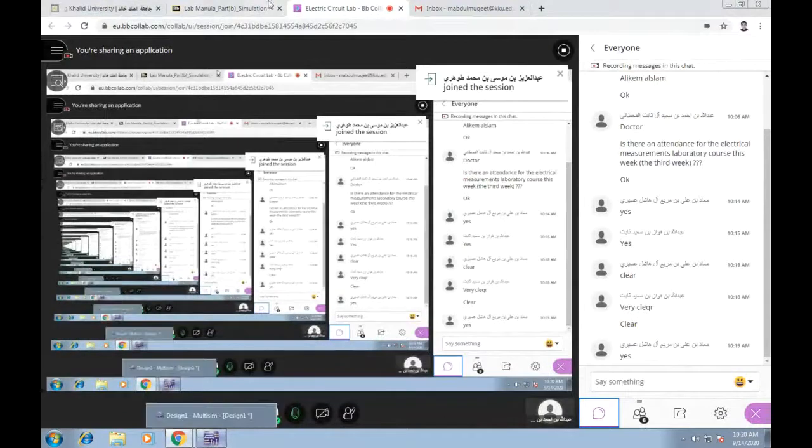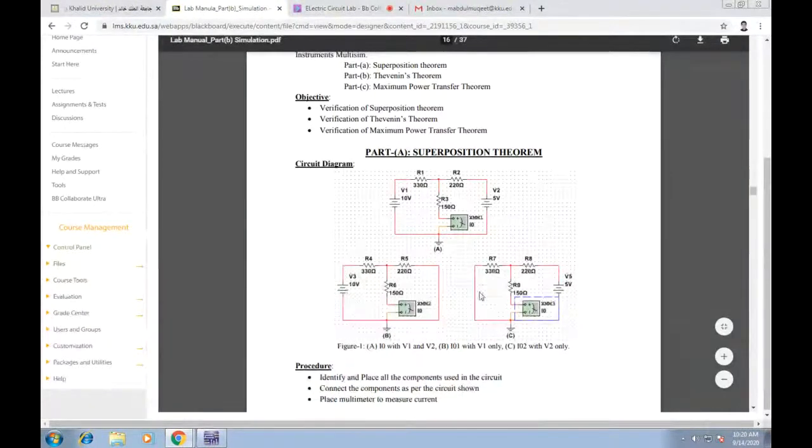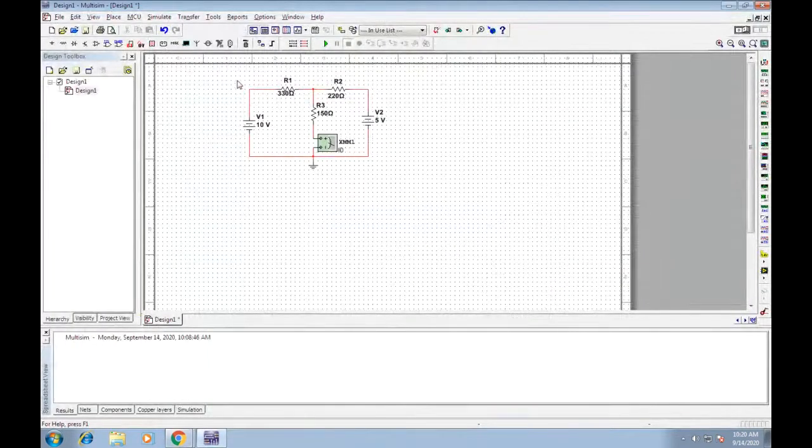Now you can see there are another two circuits. In circuit B we are going to find I01, and in circuit C we are going to find I02. In circuit B, I01 with V1 only, meaning V1 will be the same and V2 we are going to delete, short circuit it. In circuit C, to find I02 with V2 only, V2 will be the same and V1 we are going to delete. So for this what we will do,